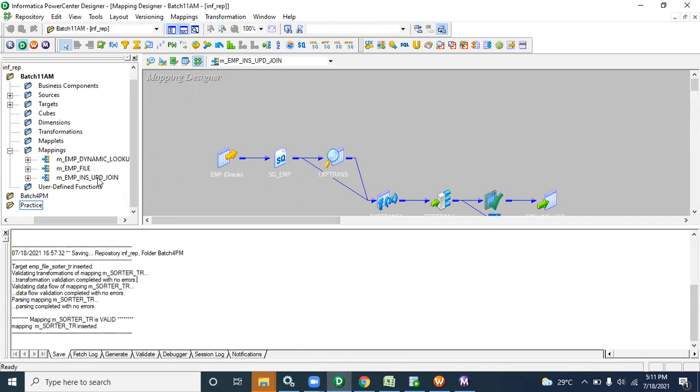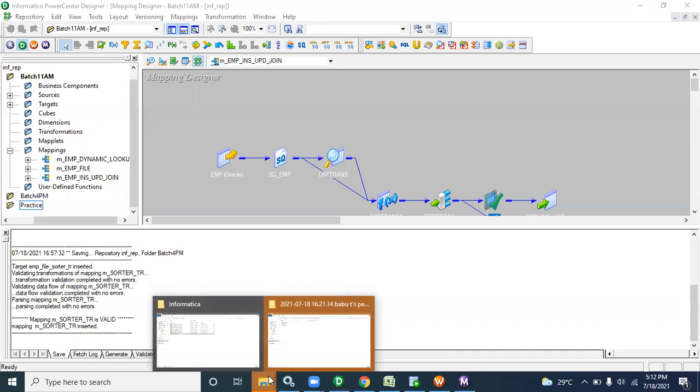Today, as the 11 a.m. batch, we'll discuss a scenario where one guy is working with SBI, and his requirement is from Tech Mahindra payroll. Once the Informatica session succeeds, it will generate one file each and every day.